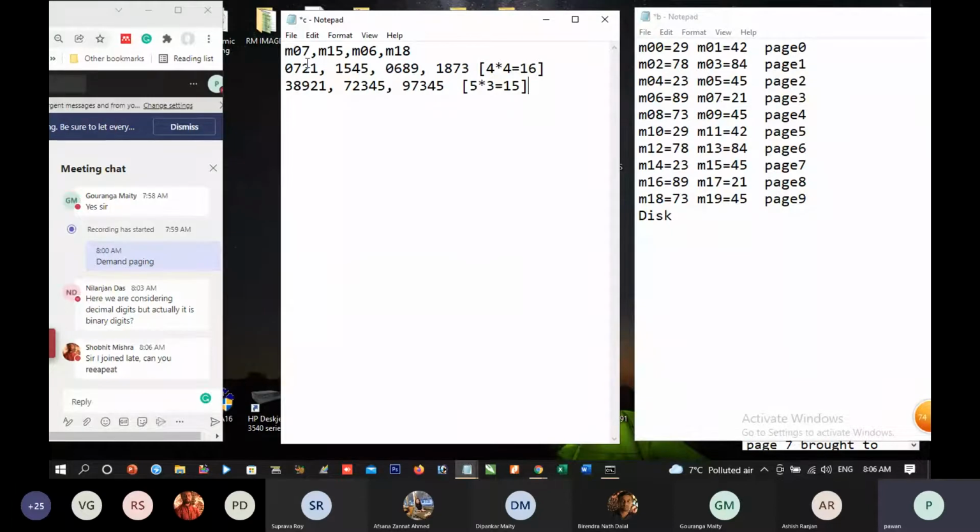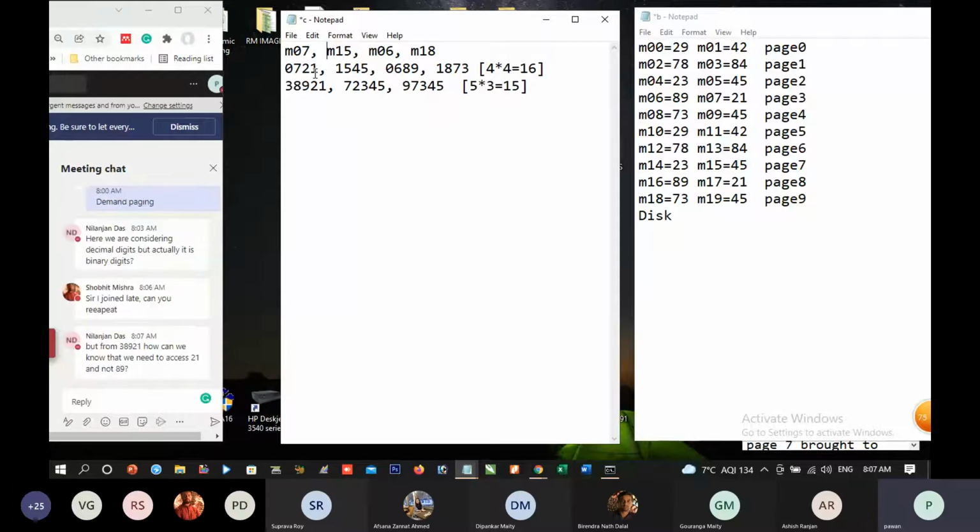Suppose we need values of memory 7, 15, 6 and 18. So in the main memory we shall store memory 7 is 21. But how we shall come to know that it is memory 7? So the address will also be stored.